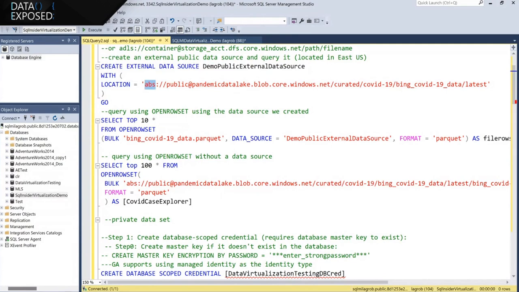And this is a public data source. So it's an external public data source actually located in East US. And this means it's Azure Blob Storage. If I were connecting to ADLS Gen 2, my Azure Data Lake storage, you would see an ADLS preface. In the early preview, you would have seen HTTPS. So I just want to call this out. If you had actually played with this early on, there were some formatting changes. So you have the preface change, and then you'll also notice that it's in the format of container at my storage account and then the path.